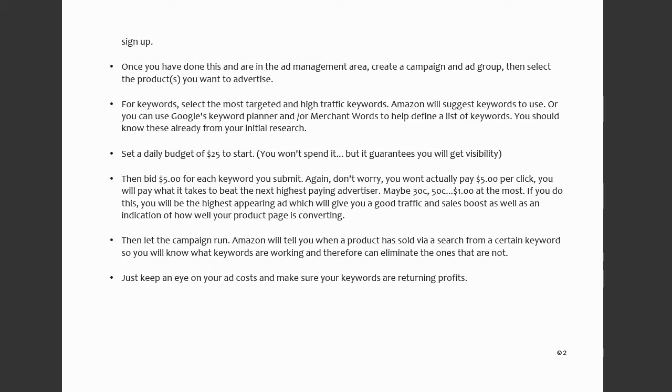Then you will bid $5 per click for each keyword. You're not going to pay $5, you're just going to pay to be above the next highest bidder, who will be bidding at something like 50 cents, or depending on the product, it completely depends. But if you bid at $5 per click, then you're guaranteed to get visibility, traffic and sales. And you're not going to pay $5, it'd be 30 cents, 50 cents, depends on the market and depends on the products and the competition and other factors. But it's not expensive at all, and in fact it's around 10 times cheaper than advertising on Google